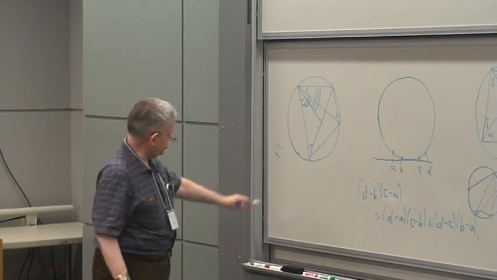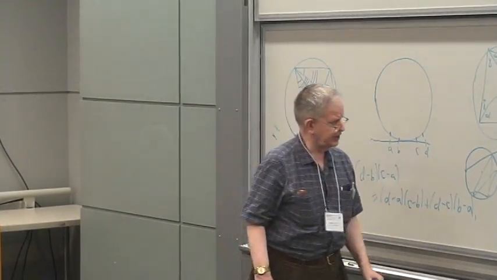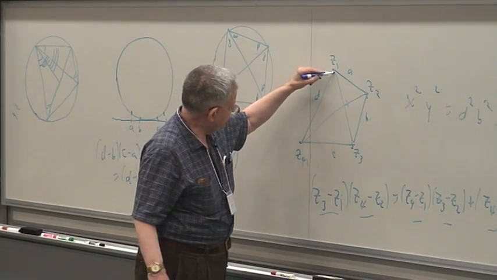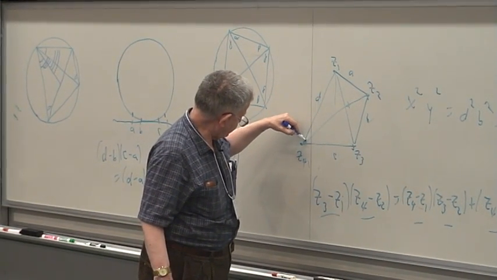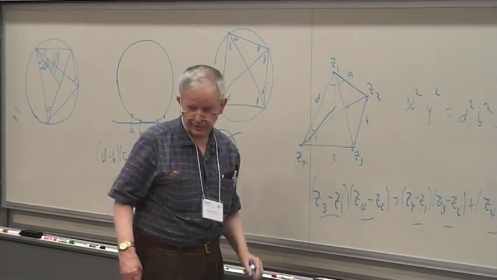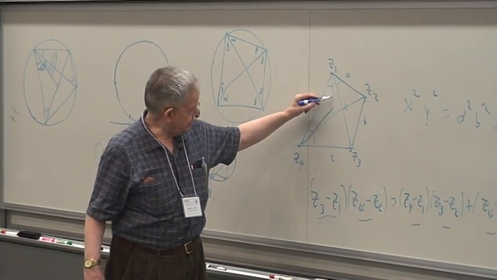And you can carry through that proof in the general case here when you have a convex quadrilateral by drawing in a line so that this angle and this one are the same, and this one and that one are the same. And then